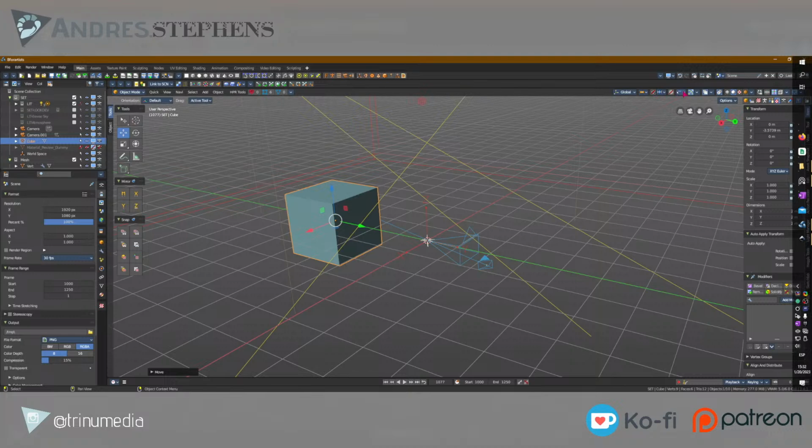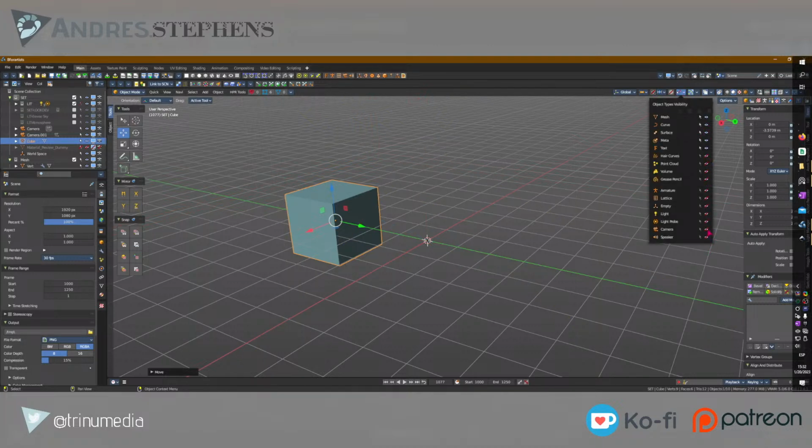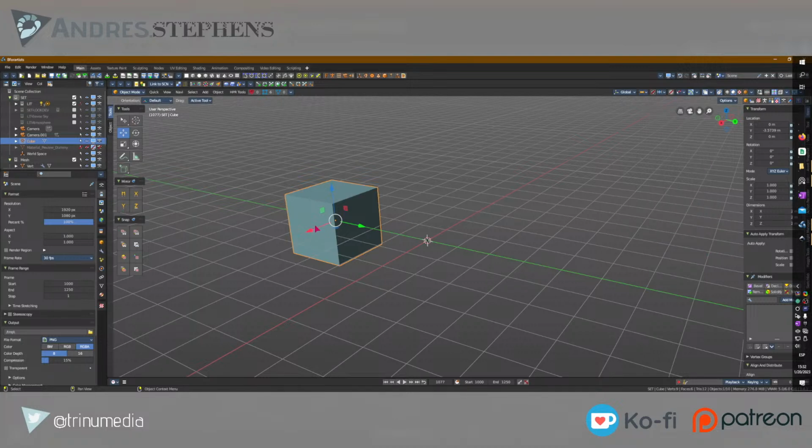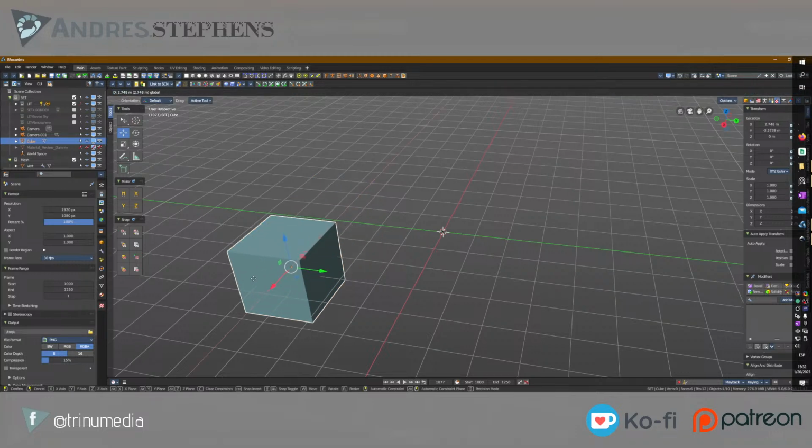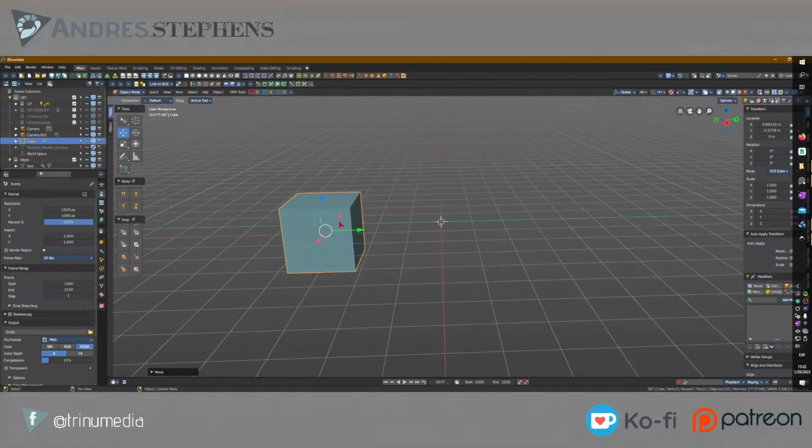I think when it comes to geometry nodes, let me just hide the lights. There we go. When it comes to geometry nodes and fields, it helped me understand that a field is basically... A value is like this one cube. This cube is a value. If we have like a name over it,